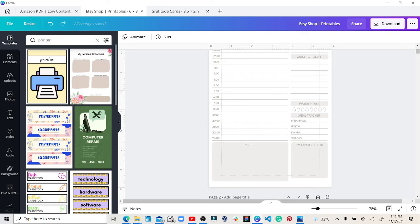You can focus on branding, social media templates, printables. You can focus on wall art. You can focus on quotes, affirmation cards, right? There are so many things you can design as a graphic designer. So many digital products you can design as a graphic designer, right? Consider all your options, and when it comes to viability, I'm going to tell you how to choose what is